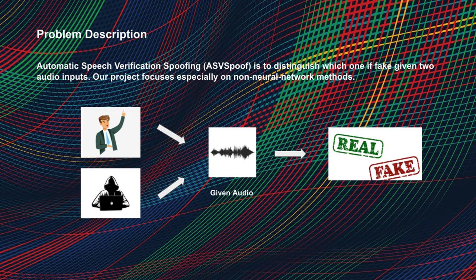Automatic speech verification spoofing is to distinguish whether the given audio is real or fake. Currently, deepfake can not only generate fake human faces but also human voices, which poses a severe threat to the trust of social media. The most challenging aspect of this task is that fake audio samples become harder to identify, considering the development of new speech generation and voice conversion techniques nowadays.